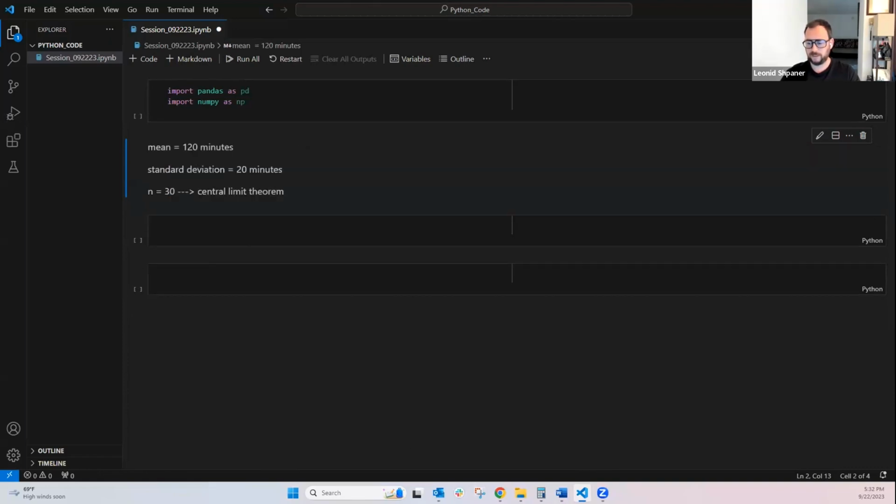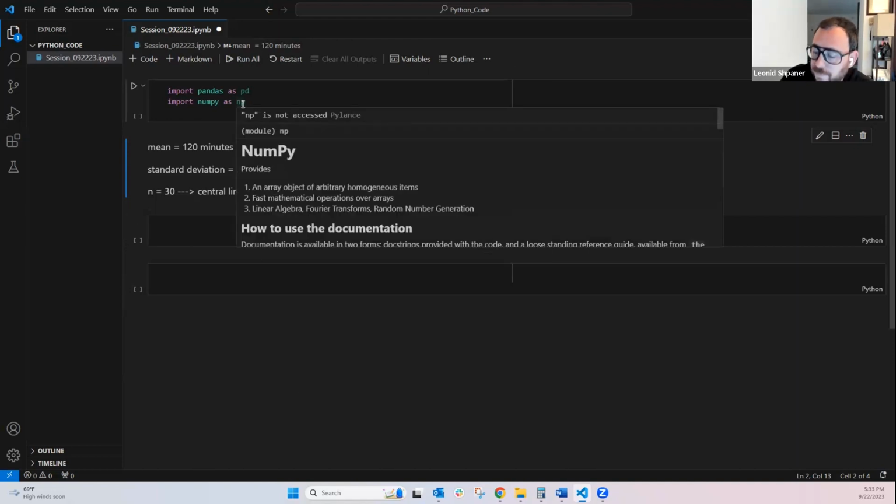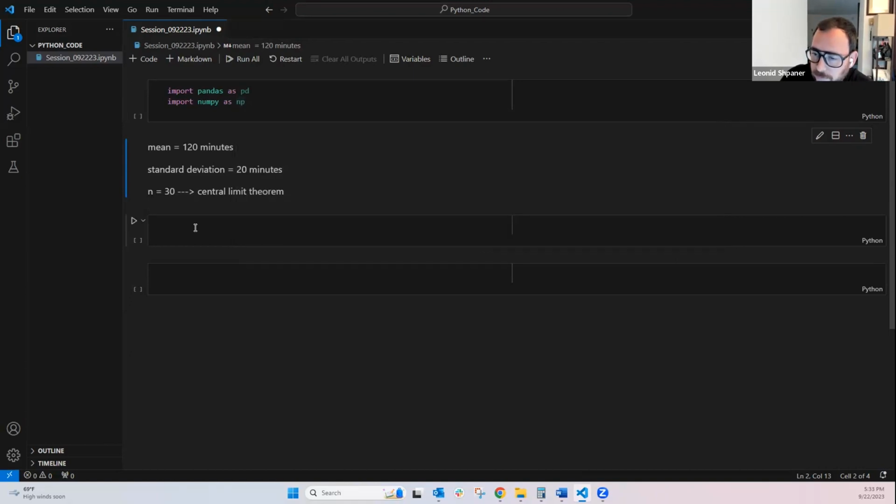So we can illustrate this difference between the sample data distribution and the sampling distribution of the mean using Python. And so what we're trying to do is get the sampling distribution, and that's based on what would happen if you took many repetitive samples of n. And in this case, we have 30, and then we calculate the sample mean for each of these. So we've already imported pandas. We might want to plot this, so we'll see if we need to import a plotting library at the end